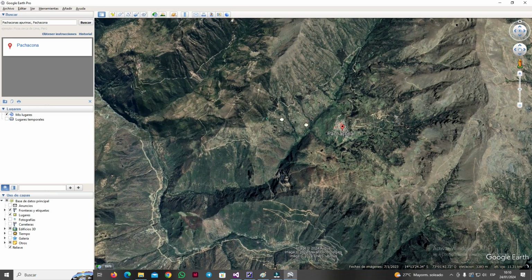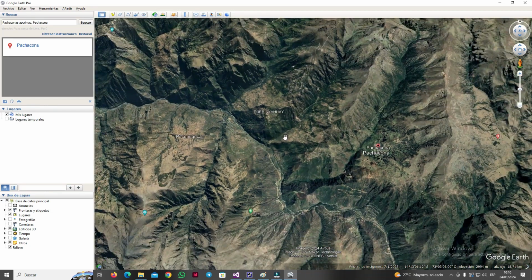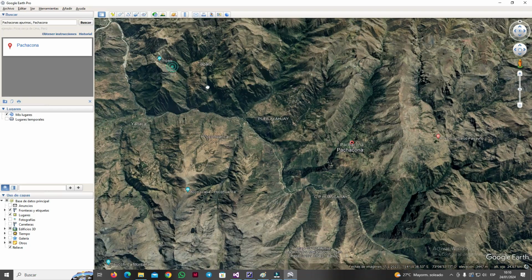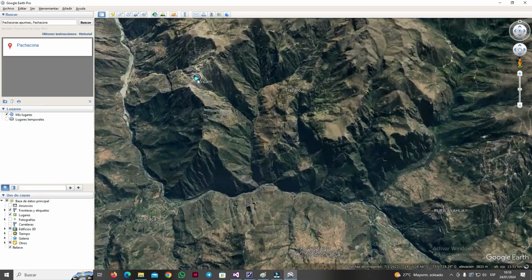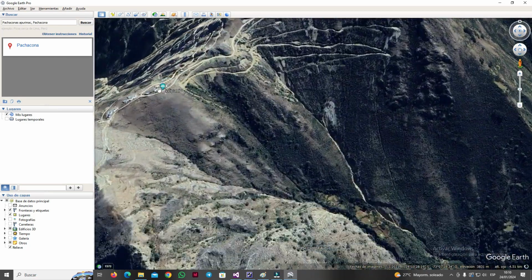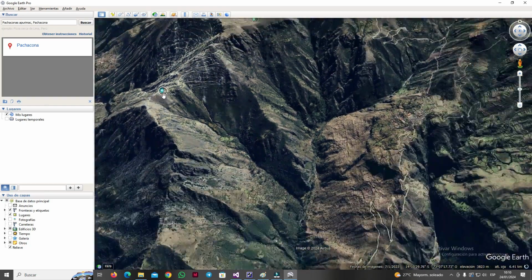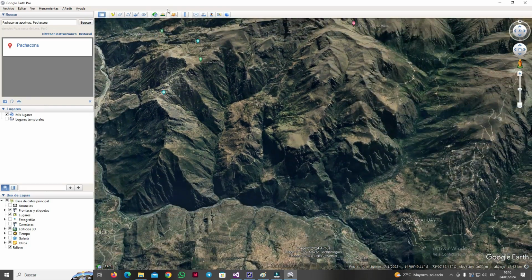Winapi is a very small town without internet access, and Paccanas is a larger city that does have internet access. So we had to give Winapi access through Paccanas. As you can see, the two towns are shown in this mountainous geography.